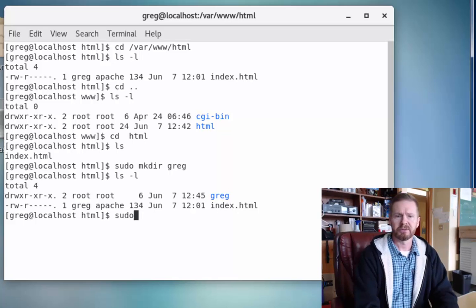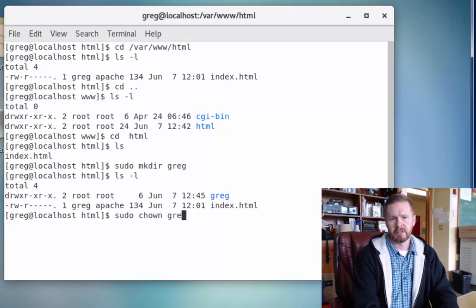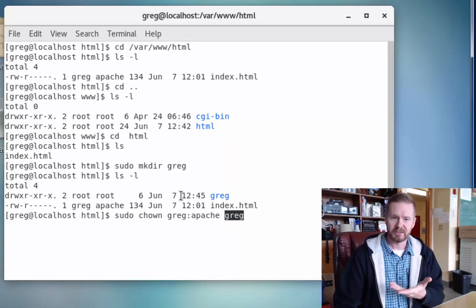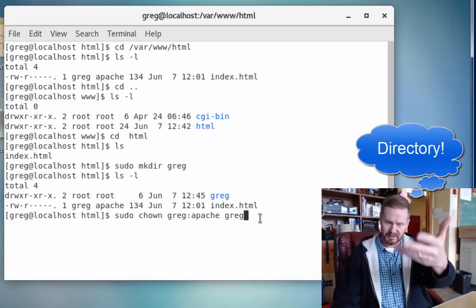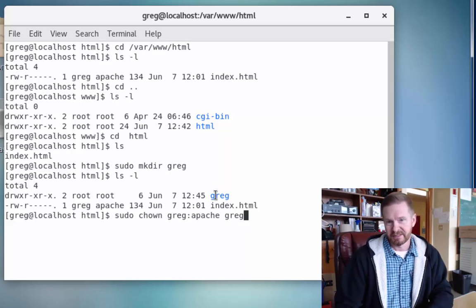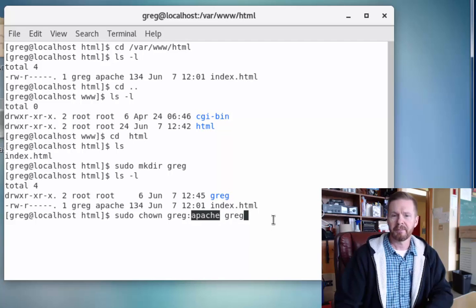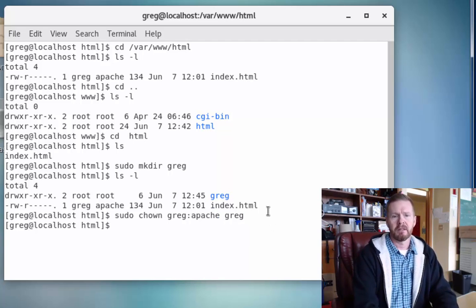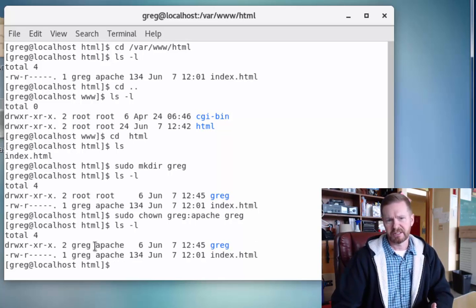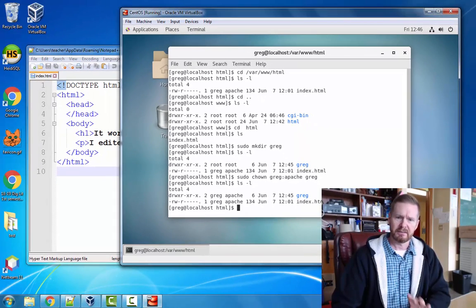We'll have to do that as super user. chown Greg:Apache. And what do we want to apply that change to? Greg. Now that I'm looking at it, it's probably a bad choice for me to name the directory that, just in case it looks confusing. It's just like when we did it in the first place. I want directory Greg to be owned by user Greg and group Apache. Okay. And now if I list, you can see that both of these have the same ownership,